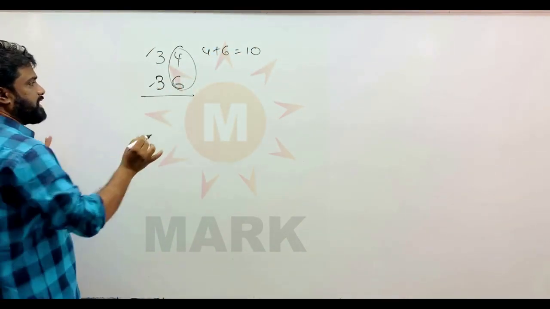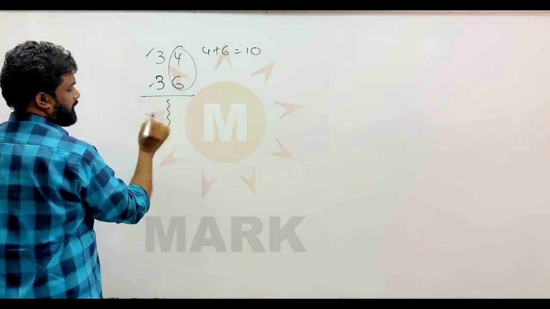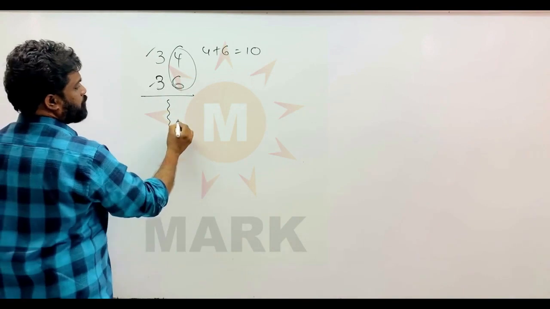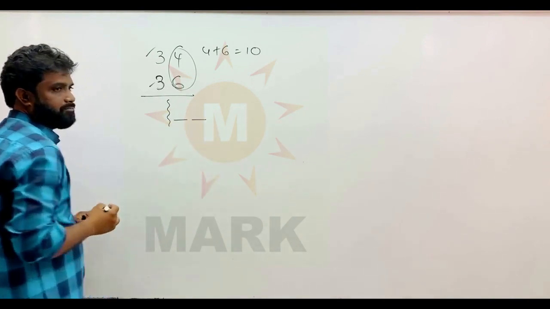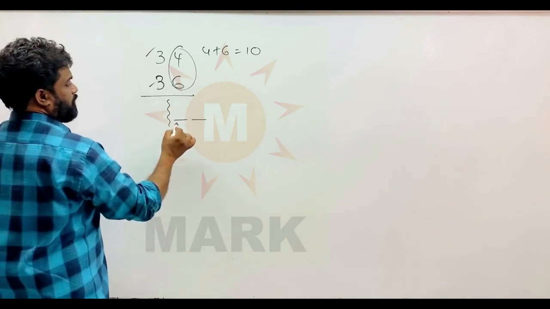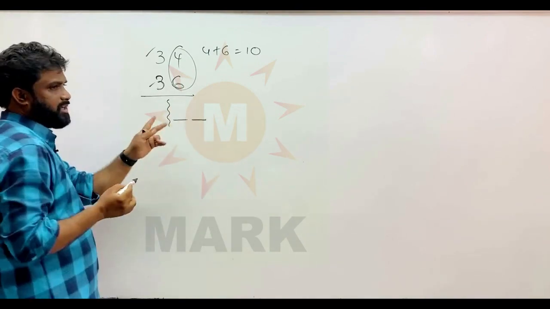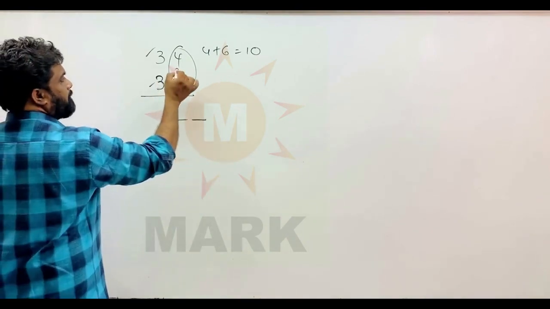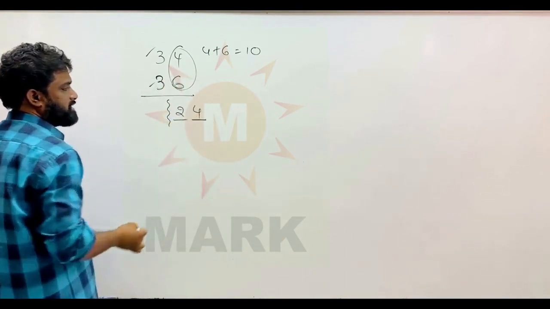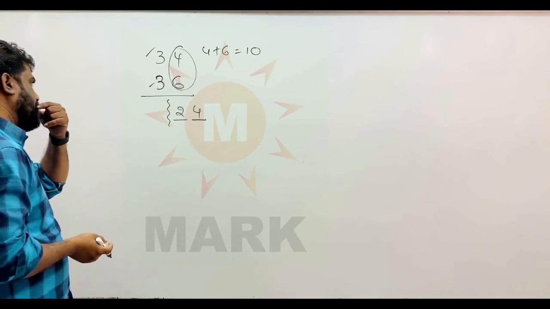What should we do in this case? Divide your answer into two parts, the left part and the right part. The right part always should have 2 digits occupancy. Compulsorily two slots must be given in the right part. So multiply these two units numbers. What is 4 into 6? 24. So write this multiplication here. Write 24 there.